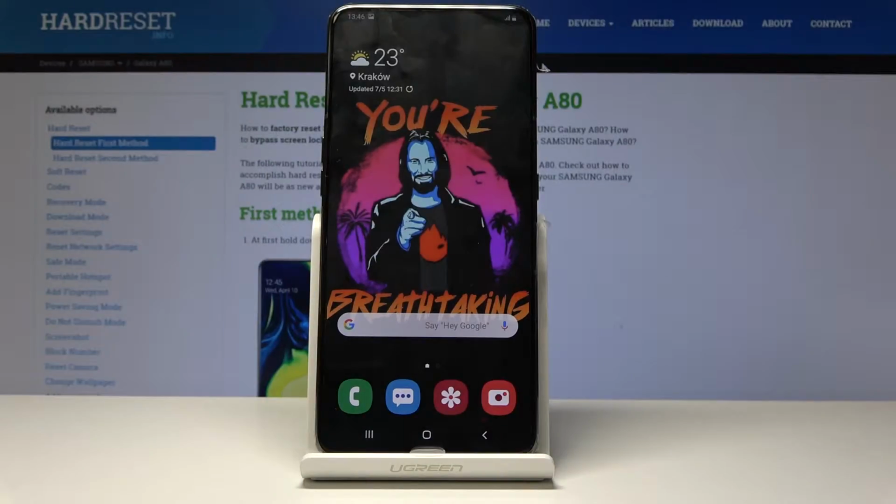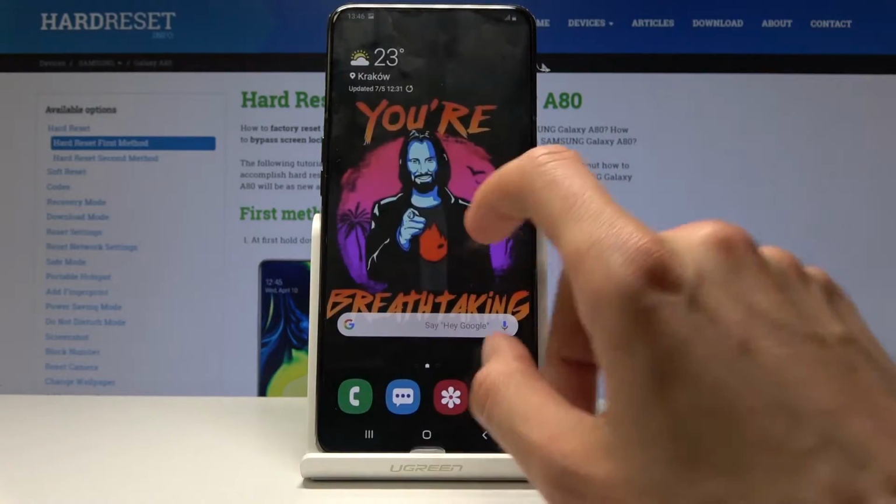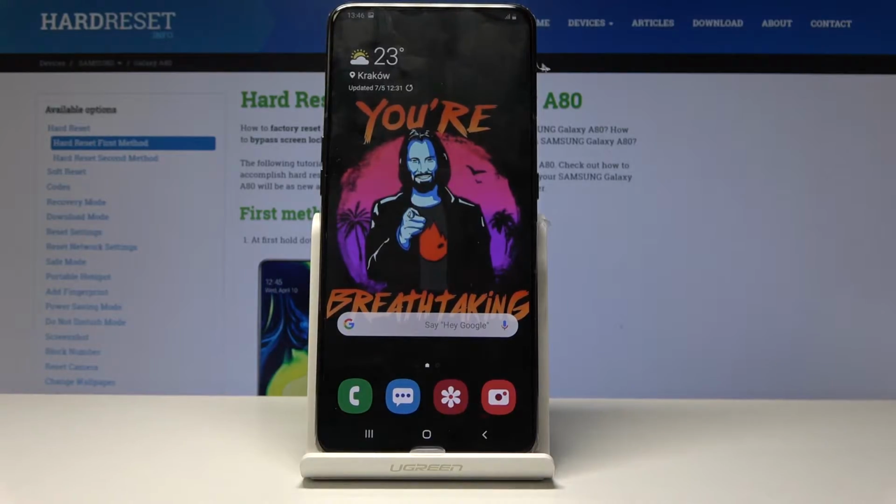Welcome. In front of me is a Samsung Galaxy A80, and today I will show you how to take a screenshot on this device. And there's actually two different ways you can do it. So we're going to start off with the simple one that basically works on every device, which is holding power